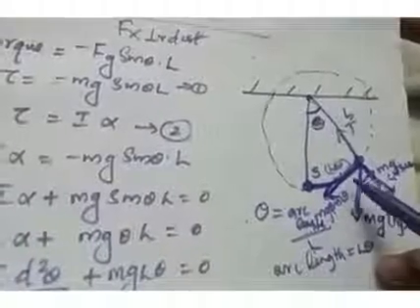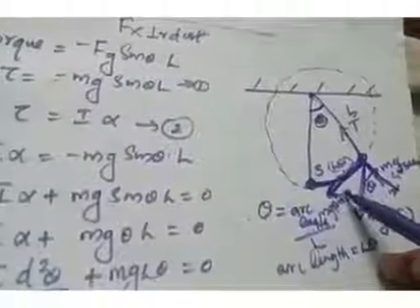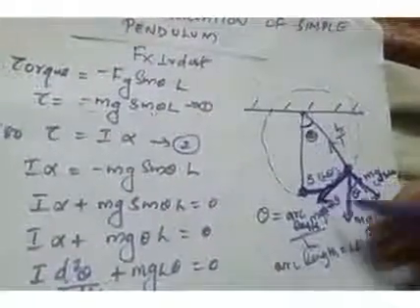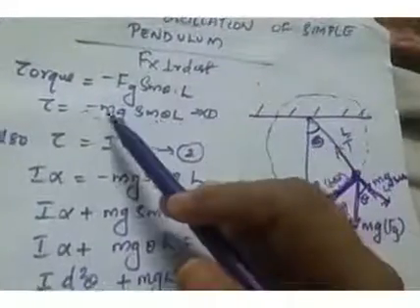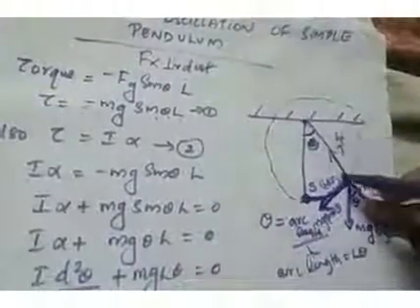So only mg sin theta is present. So only which component of force is present? Only this component, the tangential component of force, is present, and it produces a restoring torque, and that restoring torque is minus Fg sin theta into L, that is minus mg sin theta into L. Mg sin theta is the force component into L, because force into perpendicular distance is the expression for torque. So here force is mg sin theta and perpendicular distance is this distance, that is L. And since it is a restoring torque, a minus sign appears here.